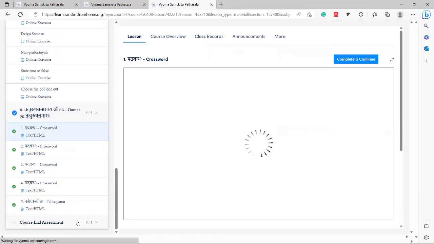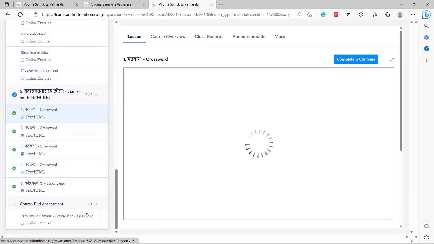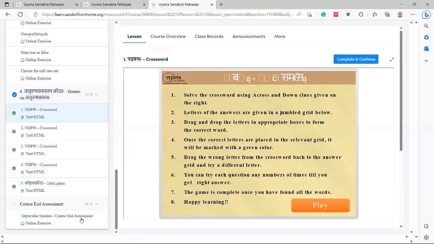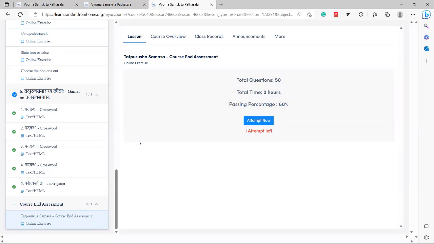The course end assessment can be attempted only once. It is timed, and clearing this assessment leads to a certification for that particular course. Dvandva, Bahuvrihi, Abjayi Bhava, and Advanced Samasas are all designed on the same lines.